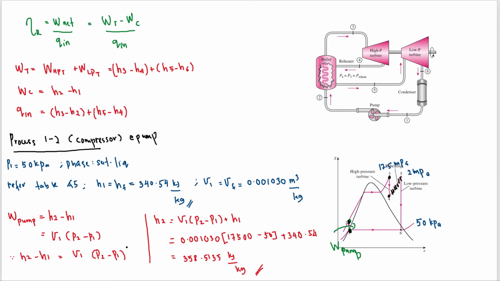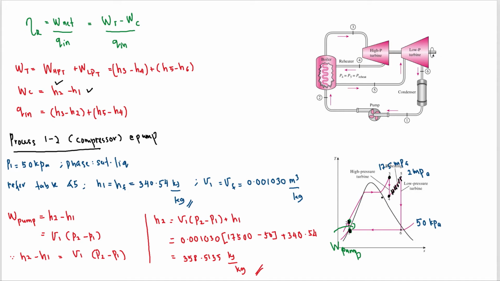So I rearrange this equation to get h2. I put in all the values that I find in the property table and I will get h2. Okay, so I already have h1 and h2. So next we proceed to